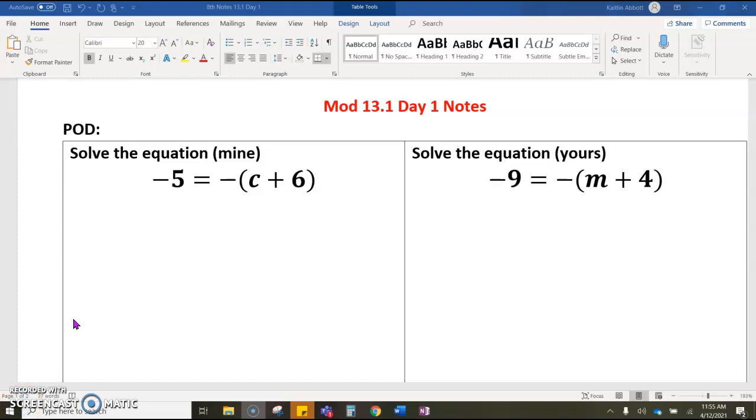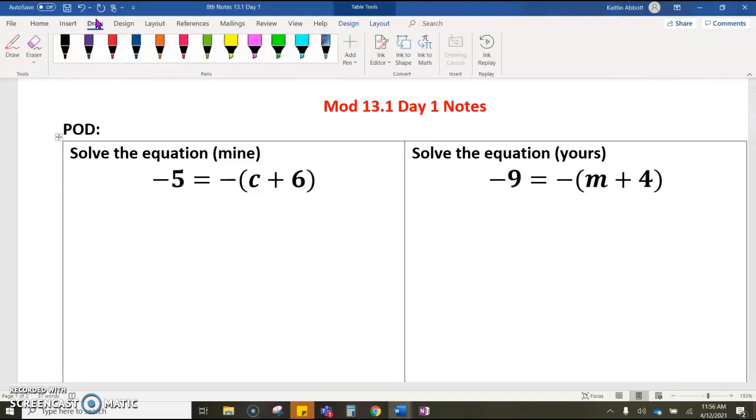Here's your problem of the day. Let's make sure volume's up. Okay, so again, problem of the day is solving equations. So we are going to split our problem down the middle. When doing equations, first thing you gotta do is get rid of